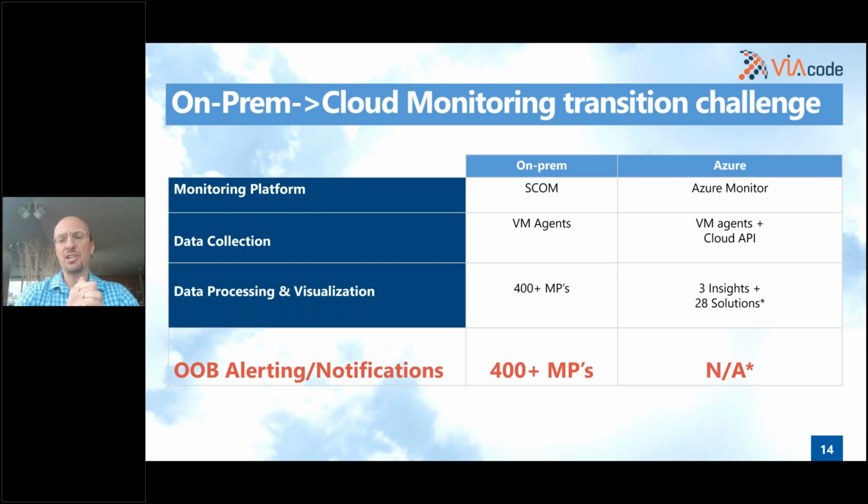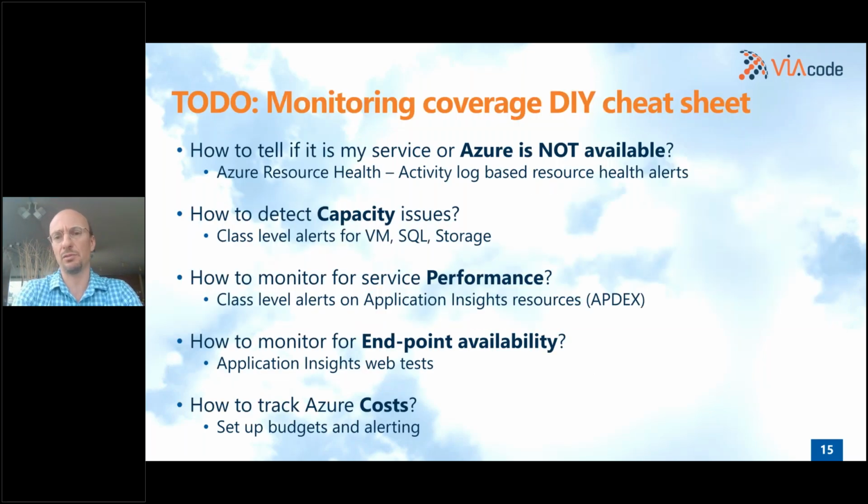If you look at Azure right now, you have a lot of really cool insights, and I've been a GPM of Azure Application Insights, so that service is very dear to my heart. But the interesting gap that Microsoft has right now is that there's no out-of-the-box alerting. In other words, when Azure is feeling sick, it will record that the resource is sick, but in some cases, it will not alert you. So what we recommend to our customers, this is kind of a do-it-yourself cheat sheet, is to think about those 4 buckets of monitoring.